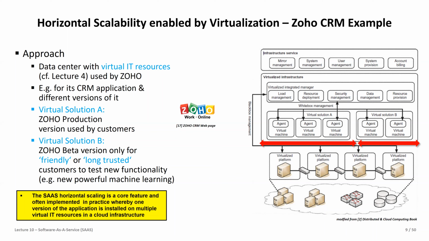But of course, there are also versions for very friendly users. I'm also part of Zoho, and I have one of the versions. You sometimes get contacted: don't you want to test this particular module? So the friendly long-term customers are asked if they can test a product. And this is how it works, right? You get another server and use Zoho as if it were production ready, but you test the new features. And this is really used a lot to experiment with new experiences before they are rolled out to the bigger market.